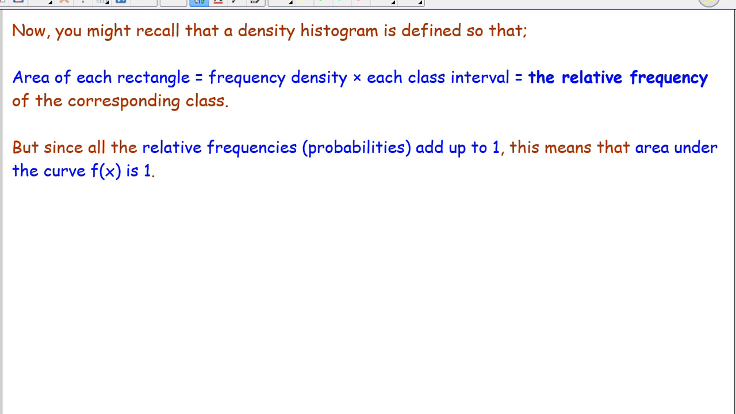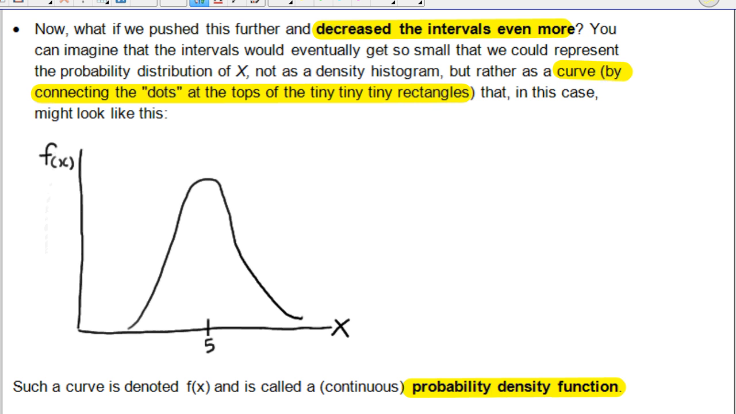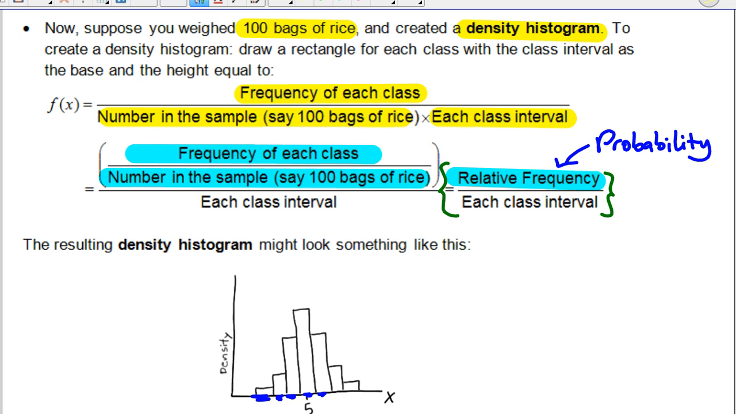So you might recall that the density histogram is defined so that the area of each rectangle is equal to the frequency density multiplied by each class interval. Basically what I'm doing here is rearranging this formula. I'll go back again and show you this formula here. So if you want to find the area of each rectangle, it will be equal to, because we said this is equal to the density,